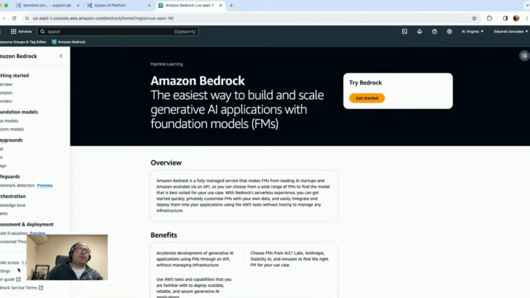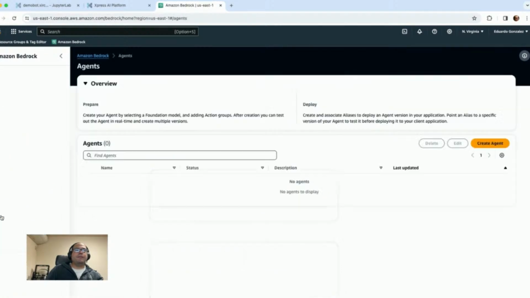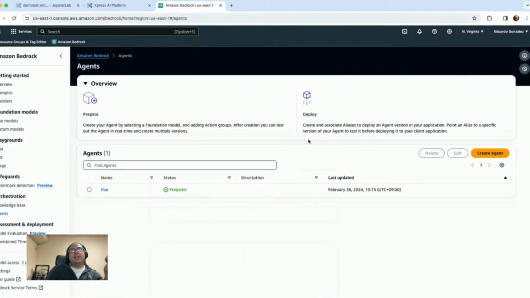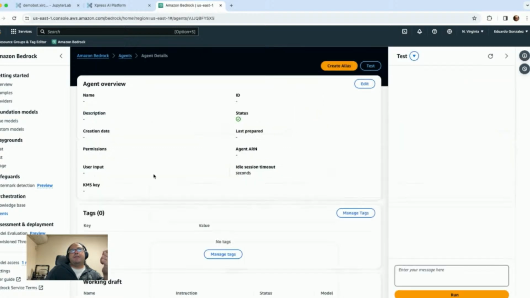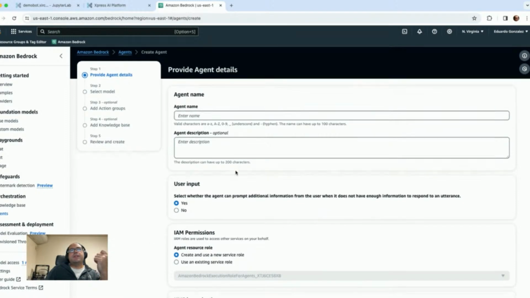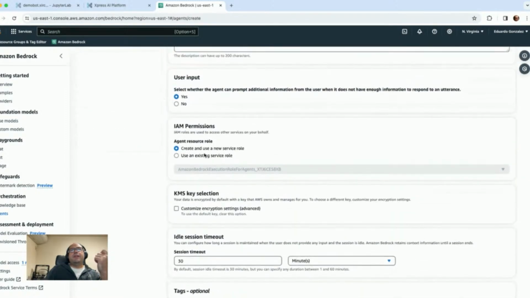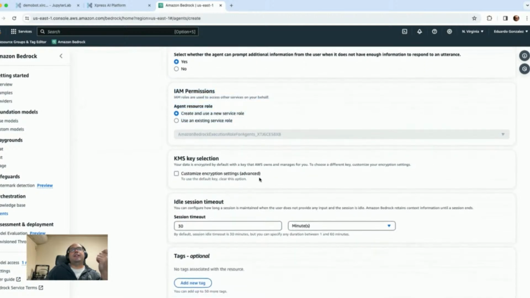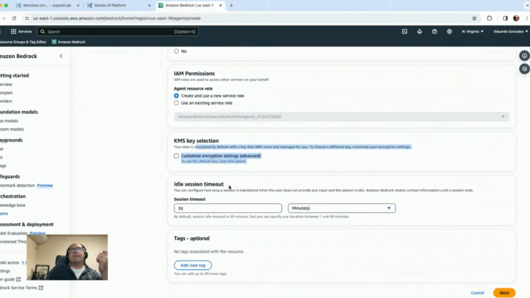Because of course Bedrock has agents. That's right here, it says agents. But for me to do the same thing, it's a lot more involved. So first, I need to create IAM permissions for this thing. I need to give some sort of idle session timeout. And for ExpressAI, essentially, if you're in the business plan, your agents never time out. Then once you figure that out,